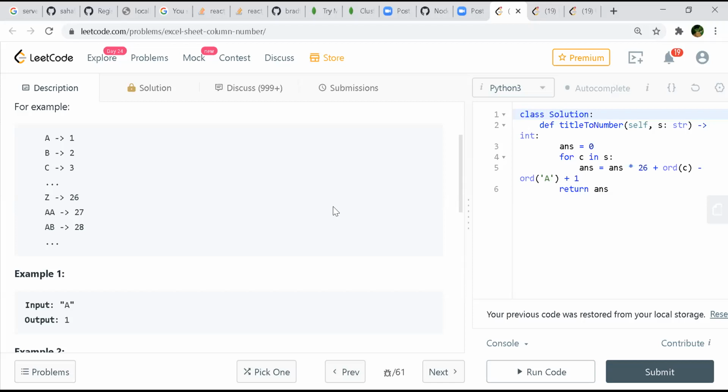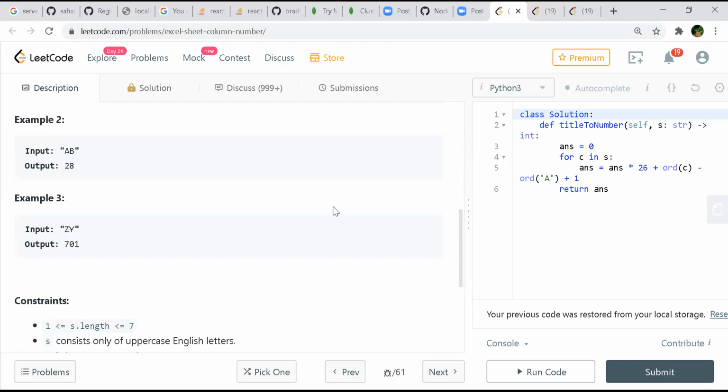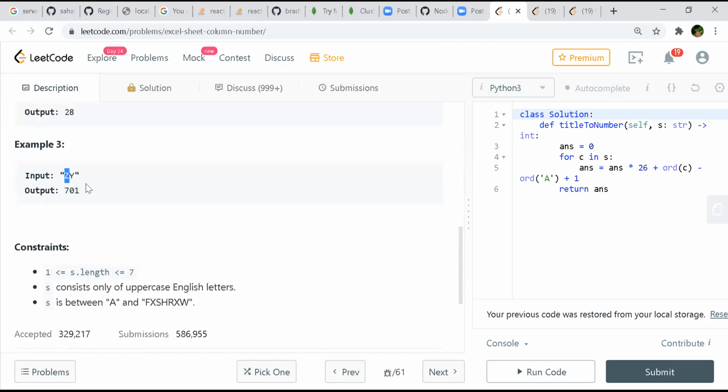So it's more of a mathematical problem. We have done this kind of problem earlier.